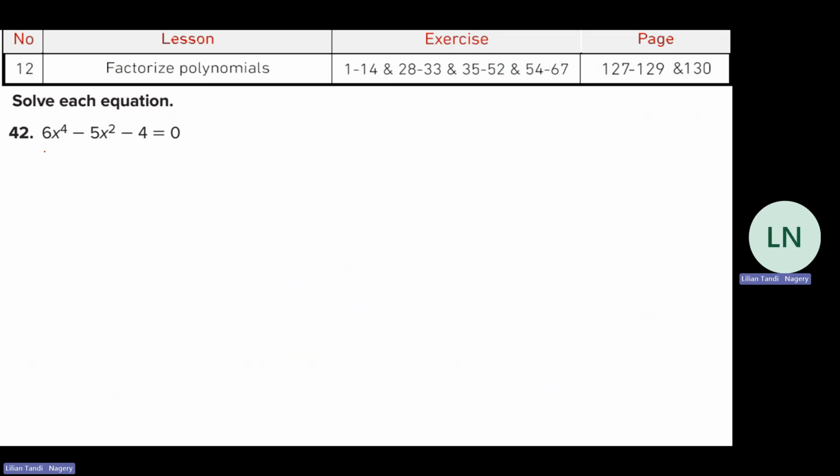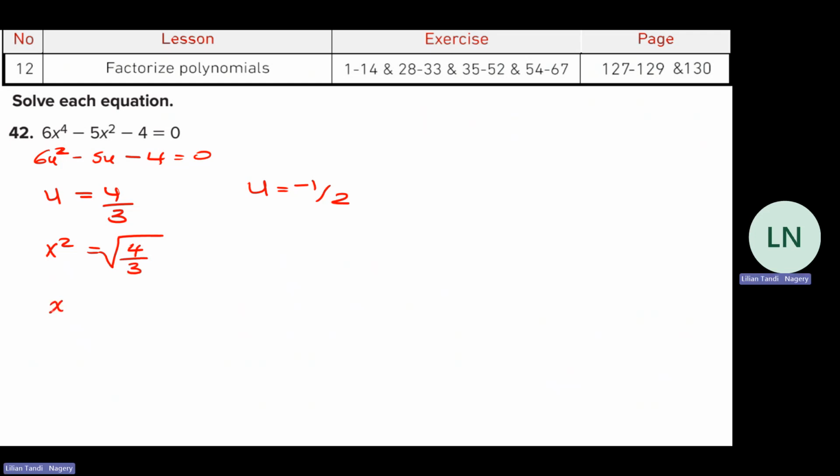Okay, so this will be 6u squared minus 5u minus 4. You can use the quadratic formula or calculator to solve. When you solve, you should get 2 u's. Your first u should be 4 over 3. Your second u should be negative half. So then you say x squared equals 4 over 3, and take the square root. This will give you